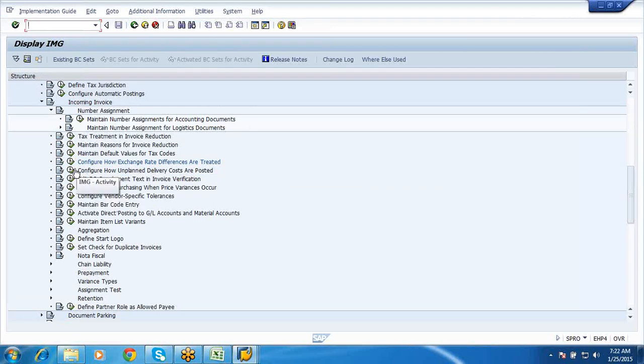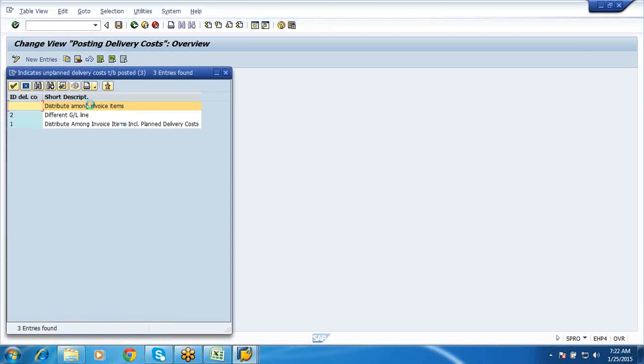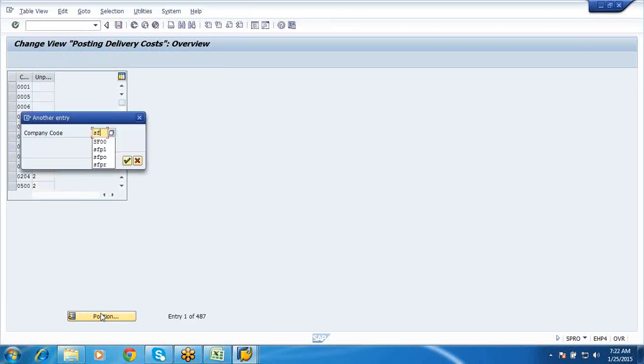Next, how unplanned delivery costs are posted. Whether you want to distribute among invoice items, different GL lines, or distribute among invoice items including the planned delivery cost. Most of the time the first one is the standard practice. Let me take up my company code SF00.